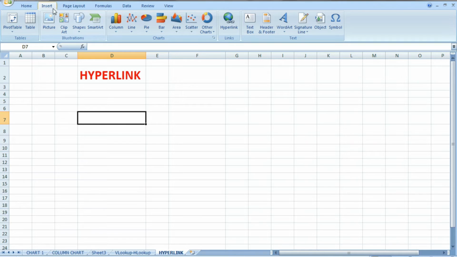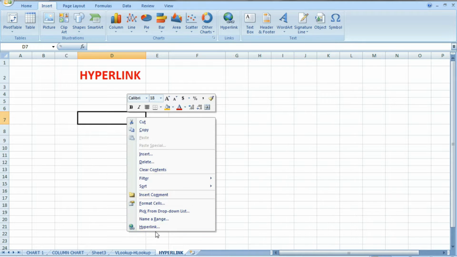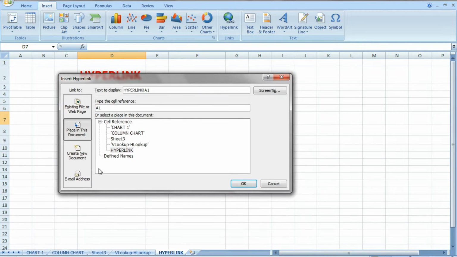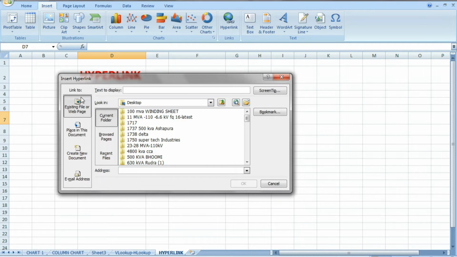Here you can find the hyperlink, or you can right click and insert a hyperlink. Suppose you want to visit Google, so you have to give the address here.